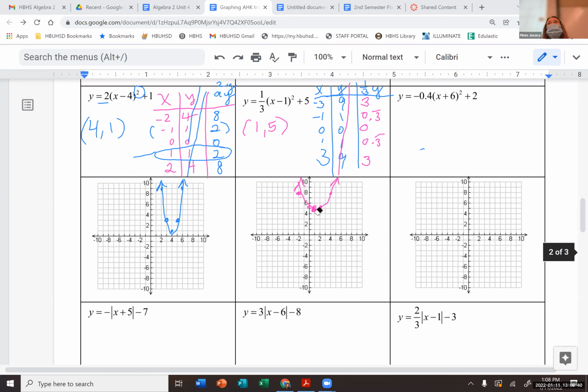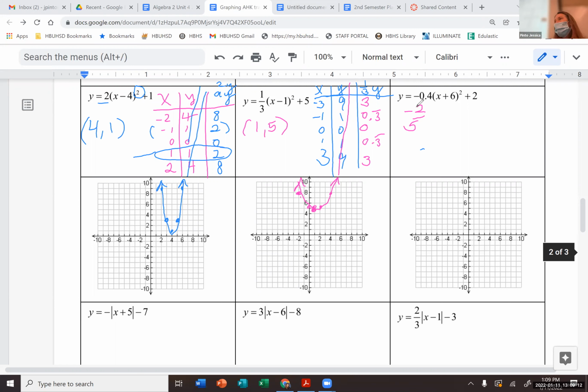Very cool. Okay, questions on this? All right, let's do the next one. So the next one has a decimal, -0.4. It's really important that we know what decimal fraction is equivalent to that. So what fraction is the same as 0.4? 2/5 is correct. So now that I know that that's -2/5, that's going to help me identify the same way